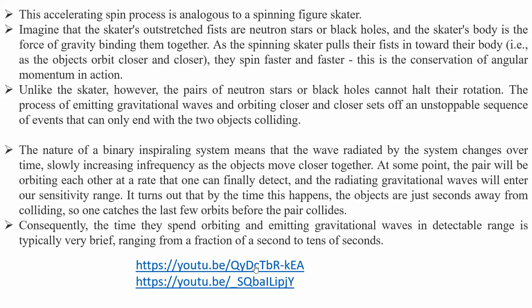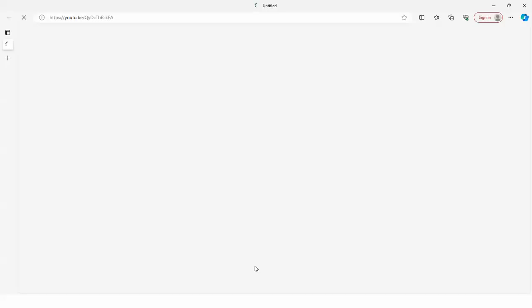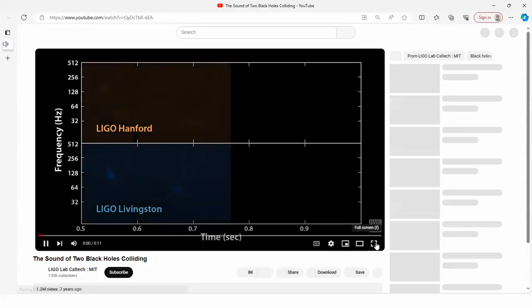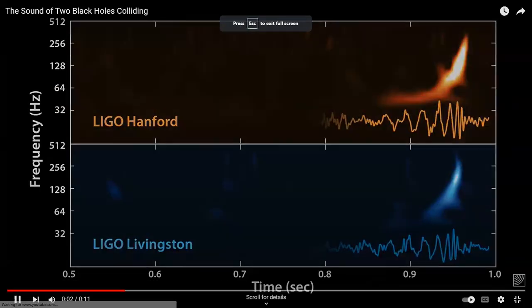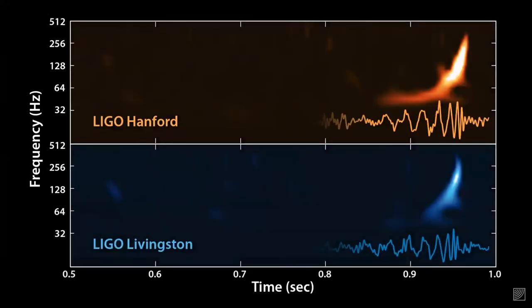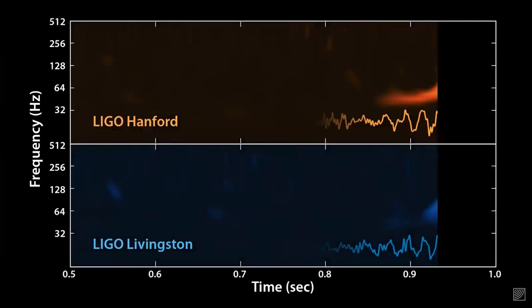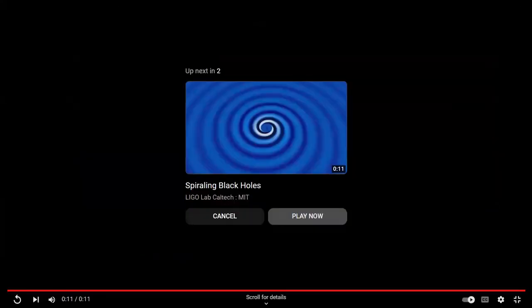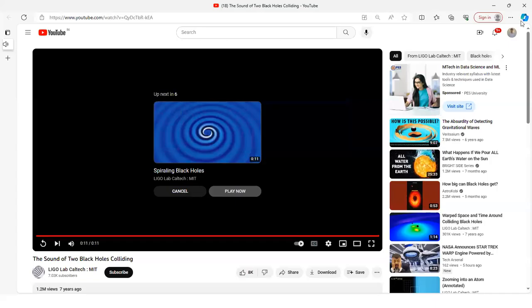There are two clippings here. Just watch. See, same thing I have shown. Another one.